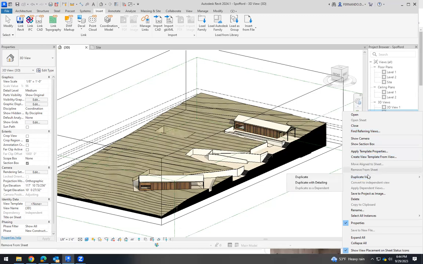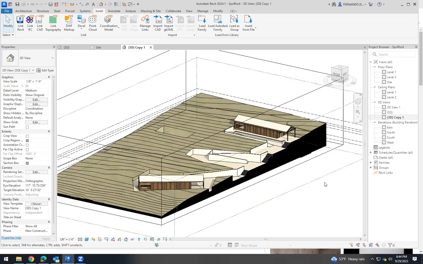We can duplicate the view. And I'm going to lock this view because if I like this, I don't want to move it. But if I open the 3D copy one,